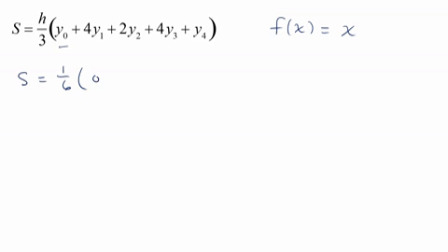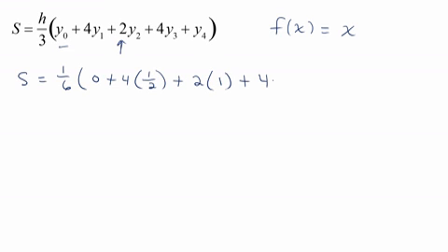So that is 0 plus 4 times our first jump. So we started at 0, and remember we're going in increments of 1/2 now. H is 1/2. So we're going to go to our first jump, which is 1/2. So f of 1/2 is 1/2. Plus, notice the next coefficient is a 2. So now we have to jump another 1/2. So we were at 1/2. We're going to go another 1/2. So we're at 1. So f of 1 is 1